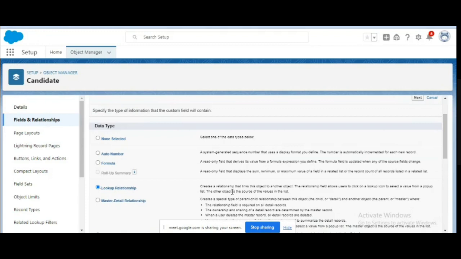The other object is the source of the values in the list. So here it is not mandatory, right? Suppose we have created in last classes, we have created candidate where we don't need